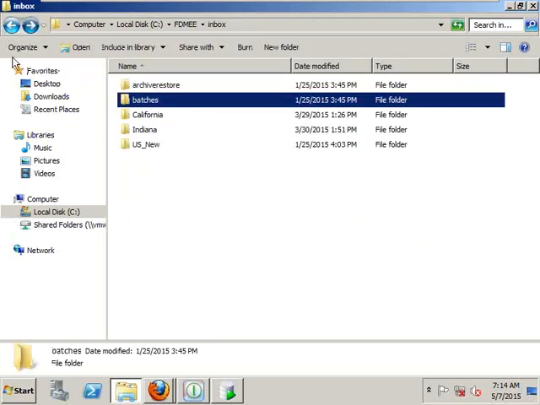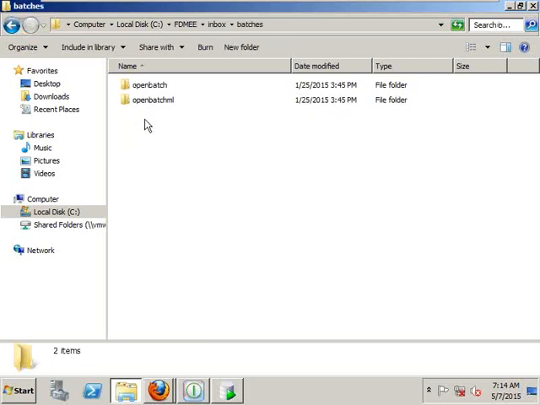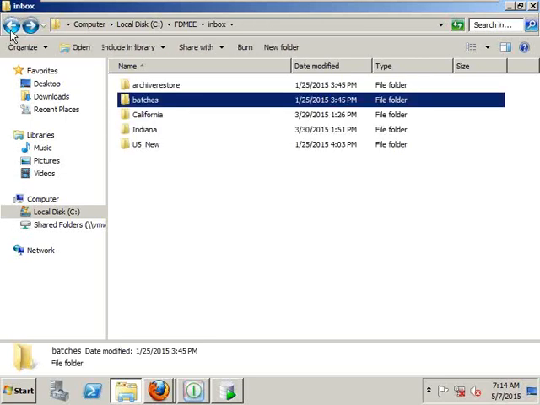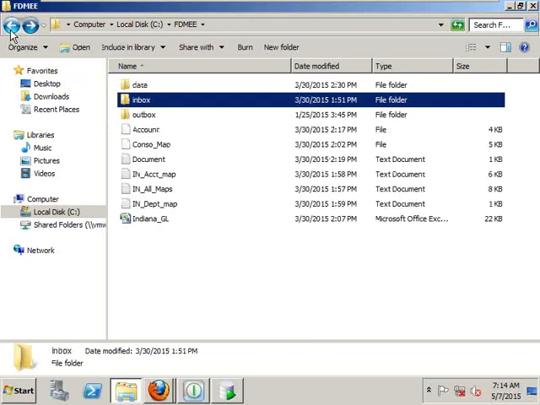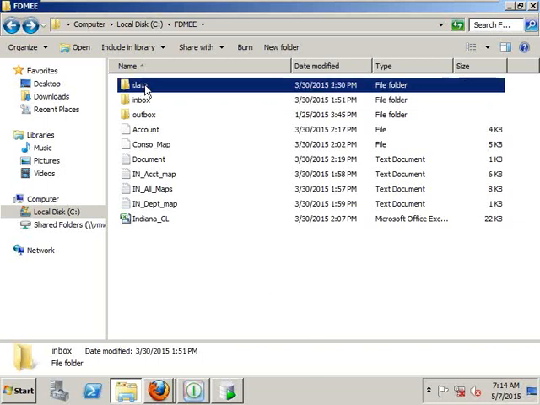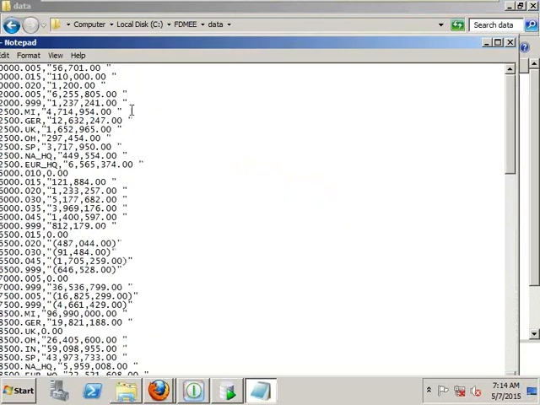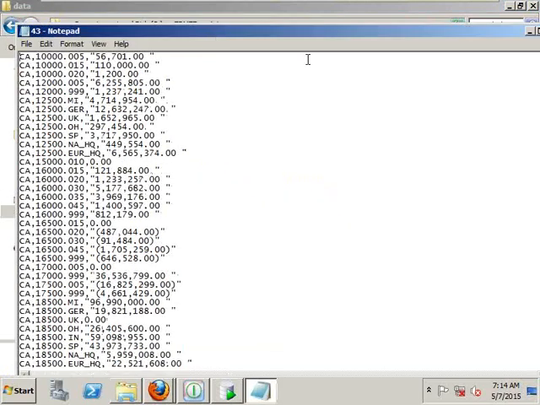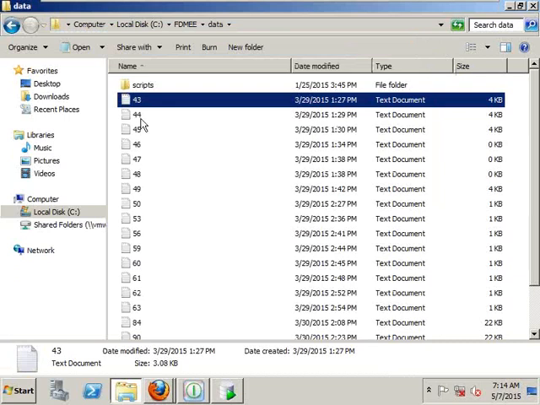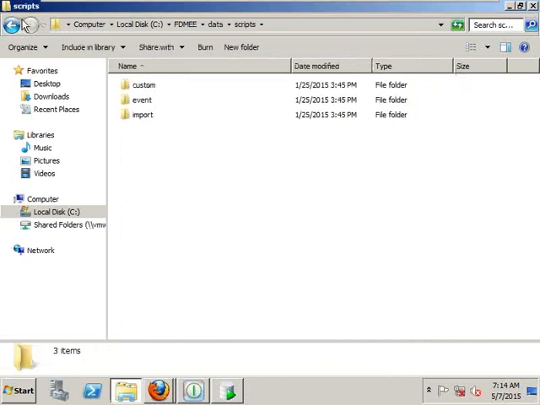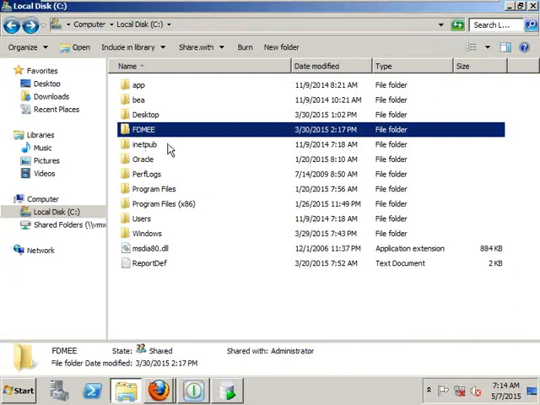So here, if you are going for manual load, the data will be coming here, and if you are doing some batches, then the batches will be coming into open batch. Okay, the scheduling and batches, everything you created, will be happening over there. Okay, this is the information we can see until now. And here we have some scripts. These scripts I will explain in a later part. As of now,